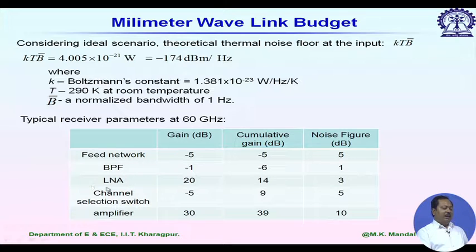Next, we have an LNA, whose gain is given as 20 dB, and cumulative gain then is minus 5 minus 1 plus 20, it comes to 14 dB. The channel selection switch has a loss of 5 dB, and then it is followed by one amplifier, and the cumulative gain is 39 dB. But when we are considering the total gain of this chain, we did not calculate the total noise contribution due to this chain,